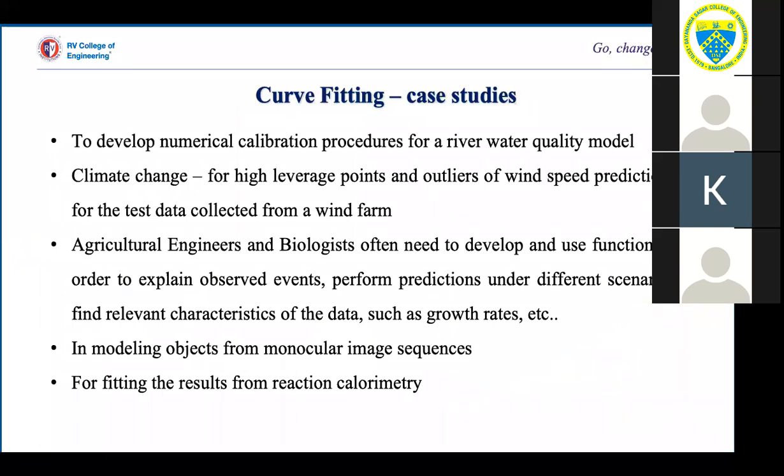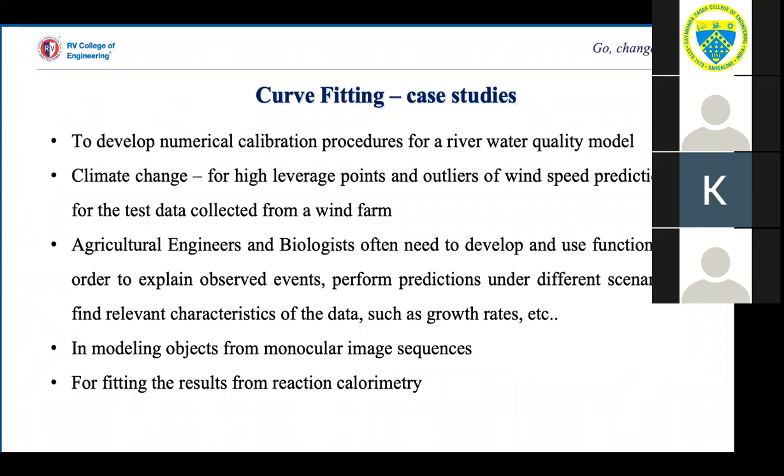So the case studies could be to develop numerical calibration procedures for river water quality control. It could be climate change. It could be agricultural engineers and biologists who have to use observed events and perform predictions with different scenarios, or it could be modeling objects from monocular image sequences, or fitting the results from reaction calorimetry.